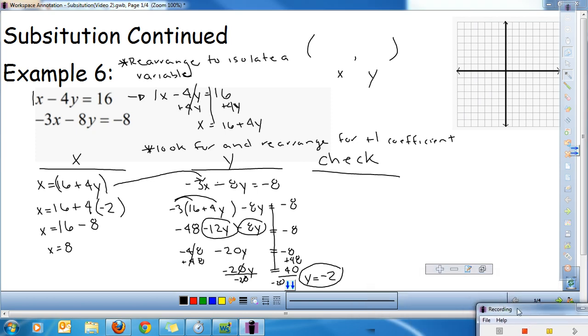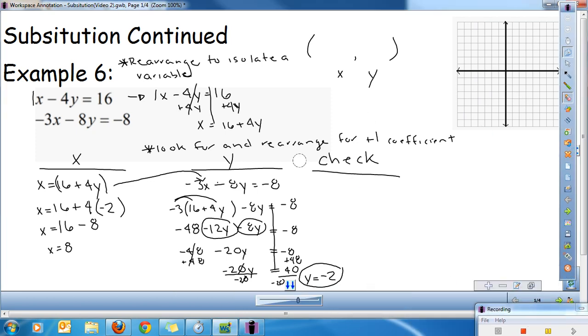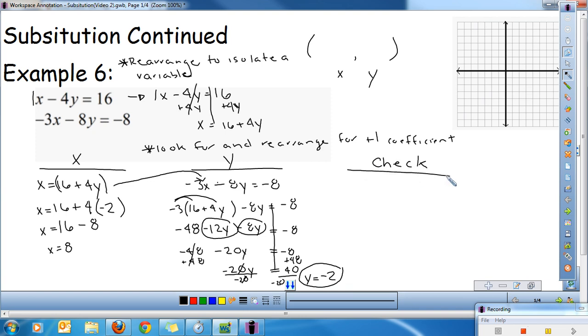Now remember, whenever you're solving, before you write your answer out, you should check. And let's actually move our check over a little bit so we have a little bit more room. In these kinds of problems where you had to rearrange first, it's especially important to check because you could have made a mistake up here and you won't notice it until you check at the very end. So when you're checking, especially when you rearrange, remember you're always using the original equations.